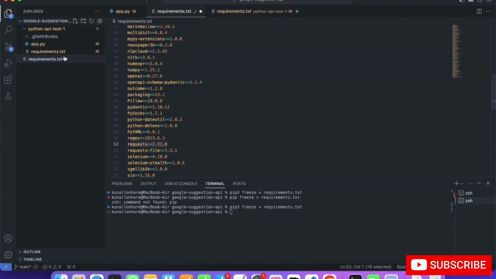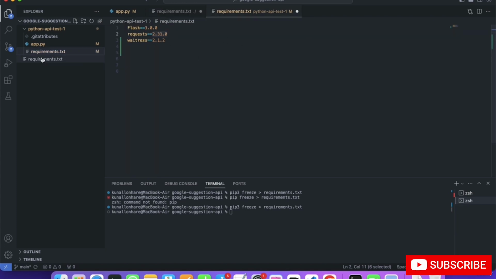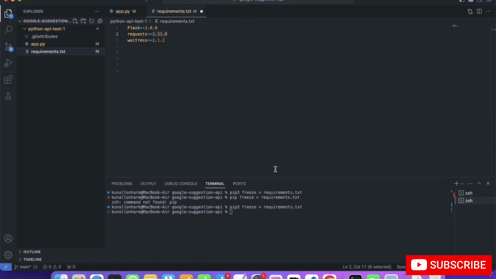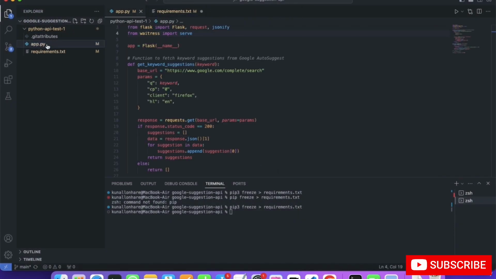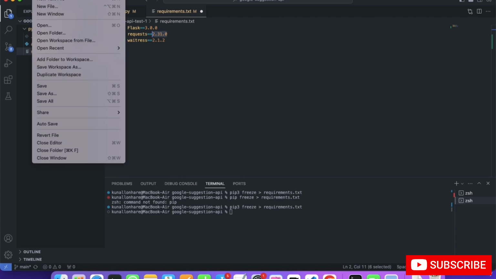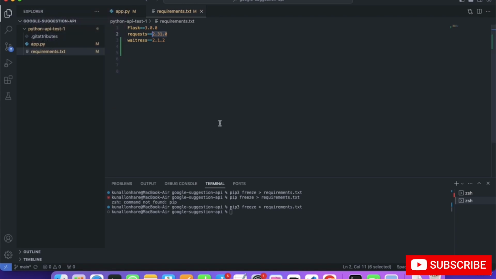And after you put that, you can simply remove this. Great, right? You can see that we have made changes here. Make sure you save the requirement file as well. After you get the 3 requirements, we are all good to go.